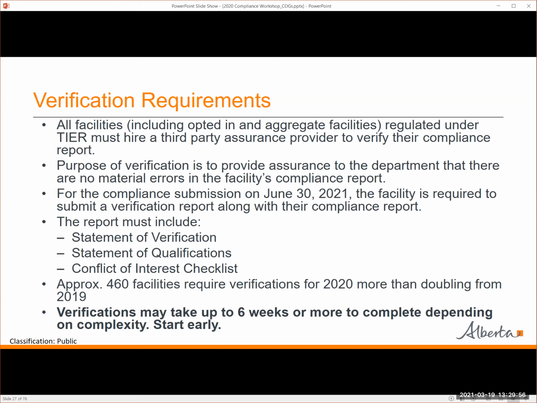For 2020, we are expecting about 460 facilities that will submit compliance reports and thus require verifications, which is more than double from 2019. So we do anticipate that verification will be very busy this year. And if folks are finding it difficult to complete the verification or find a verifier, please do contact the department, and we can provide some guidance on that. Verifications do typically take up to 6 or more weeks, depending on the complexity of the facility. So we do recommend that facilities start to look for a verifier if you haven't yet, and get started on